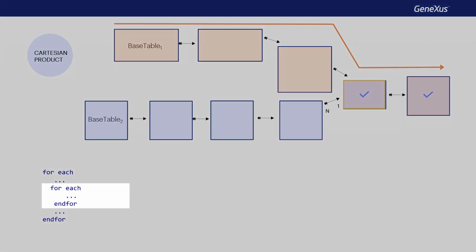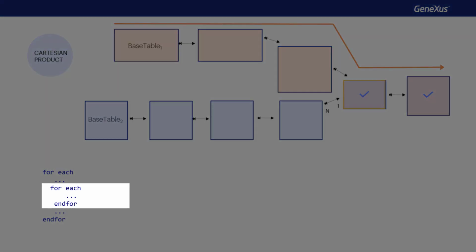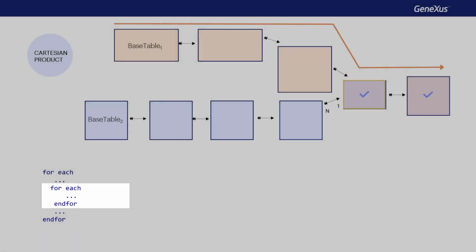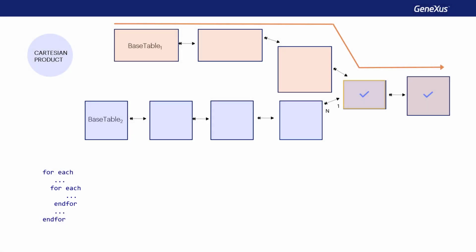In fact, if we don't place a base transaction for the nested for each and we let Genexus calculate it, it'll first remove all the attributes of the nested for each that belong to the extended table of the main one. And, with those that are left, with those alone, it'll determine the base table. That is to say, it'll remove them, because it assumes that they are reached through the main for each.